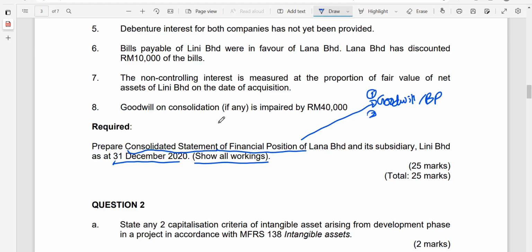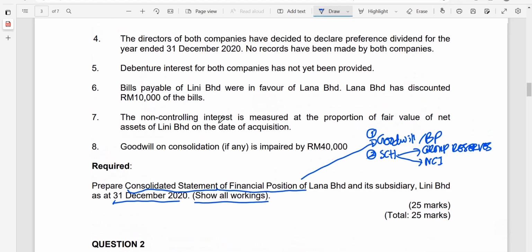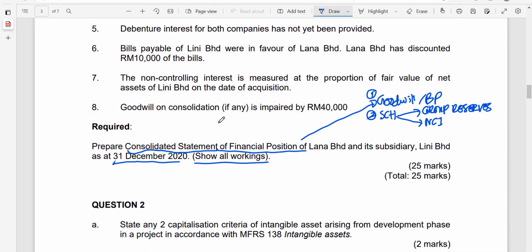That was number one. Number two, you need to show the schedule, which is to prepare the analysis of the group reserve, and the group reserve here will normally include retained profits and the general reserve together with the non-controlling interest. Here you can also prepare some workings as well, apart from the reserves that are included in the schedule. So we can include here the workings, together with some simple consolidation journal entries